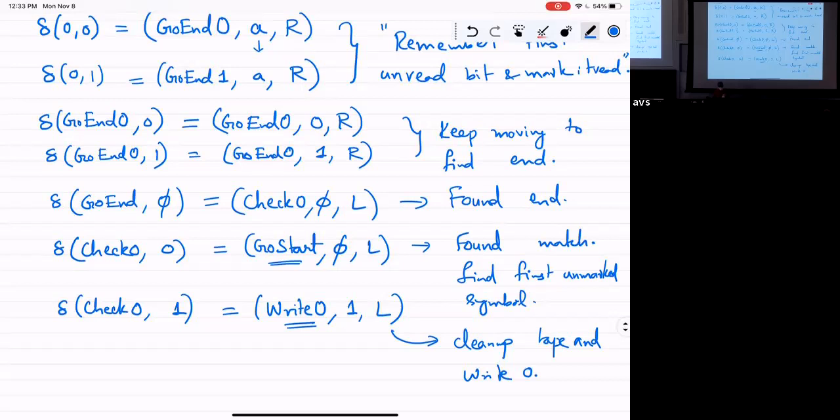Okay? So if I keep on going like this, there are lots of instructions that I have to write. Basically, go start, well, how do I implement that? If I see a 0, I move to the left. If I see a 1, I move to the left. If I see a mark symbol, that's when I know that I found a mark symbol and I move to the right. Okay? And all those things like that. Any questions about how to carry out these instructions? Yeah? Write 0 to write 0.